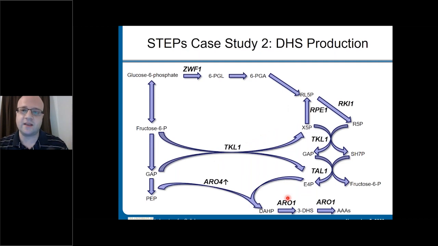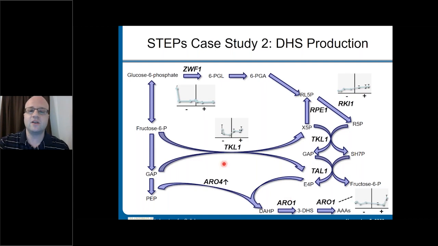We can do the same thing in another case study. So here we looked at DHS production, looking at the aromatic amino acid biosynthetic pathway towards interesting amino acids, as well as other alternative products. We can deploy the same type of approach to each of the major enzymes in this pathway. We did that, and we focus more on this area here, just because it's the one that's a little bit more relevant towards the targets that we ultimately identified, although ARO1 was an interesting overexpression target nonetheless. We saw that there was a strong suggestion of a knockdown or a knockout of ZWF1, whereas it was relatively ambiguous or flattened with respect to TKL1.